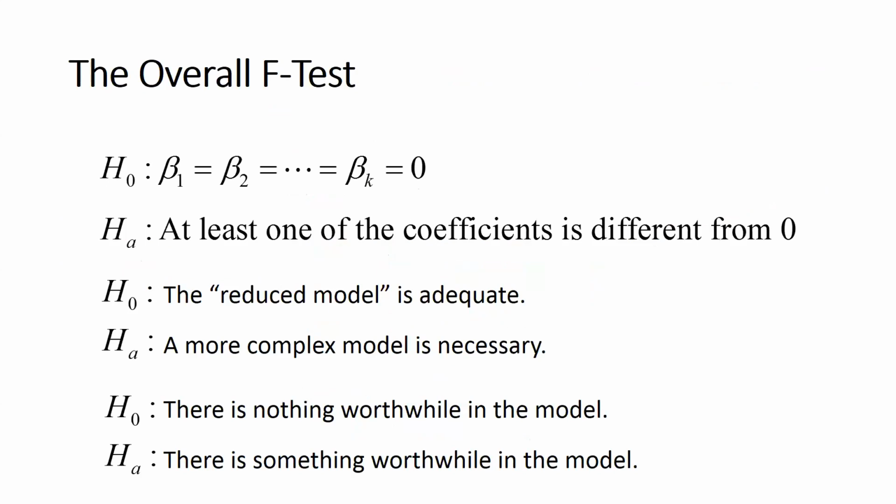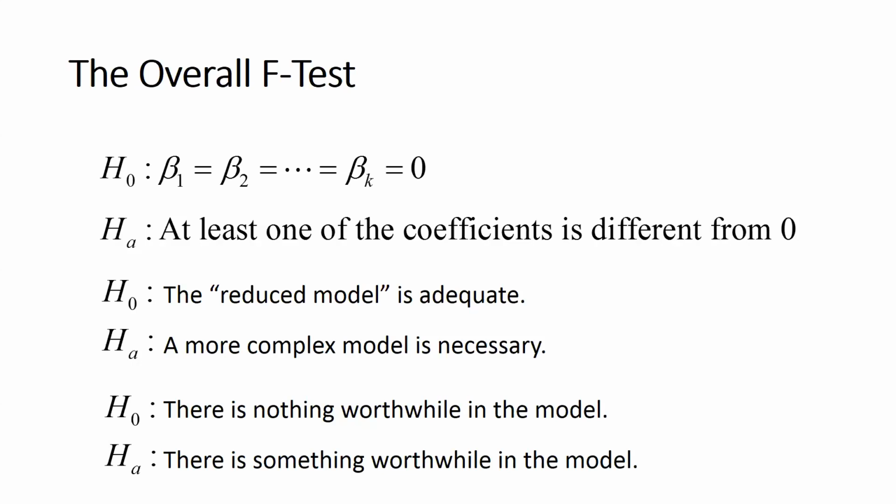Here are some versions of the hypotheses that overall F-test is testing. A technical version would be to say it's testing the null hypothesis that all the slopes are equal to 0. Usually they're not called slopes in a model like this. They'd be called coefficients, because a slope would really be just that one coefficient of the x variable in a line. So I might call them coefficients, but the null hypothesis is that they're all equal to 0. And the alternative hypothesis is a violation of the null hypothesis, which means that at least one of them is different from 0. So it doesn't really specify how many are different from 0, but at least one of them is.